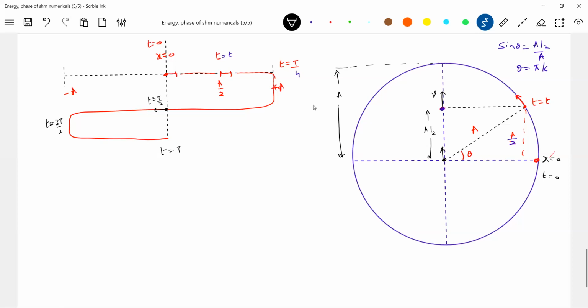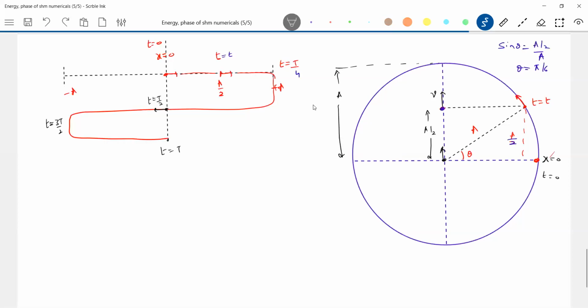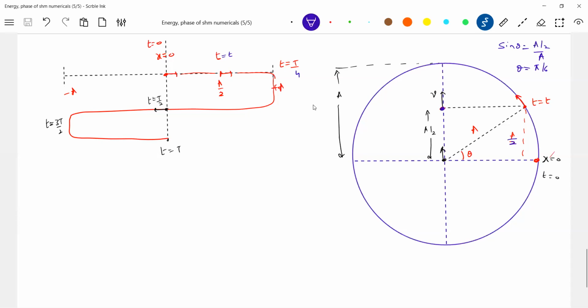Once again, I'm repeating the same thing. So what is our time? This time T is what is needed. To complete one oscillation, how much phase will it change? 2 pi radians. So look at the mathematics here. For 2 pi radians, it will take time capital T. For a phase angle of theta, it will take a time t. Let me substitute: 2 pi by T equal to theta, which is pi by 6. How much will it be? T by 12 it will be.